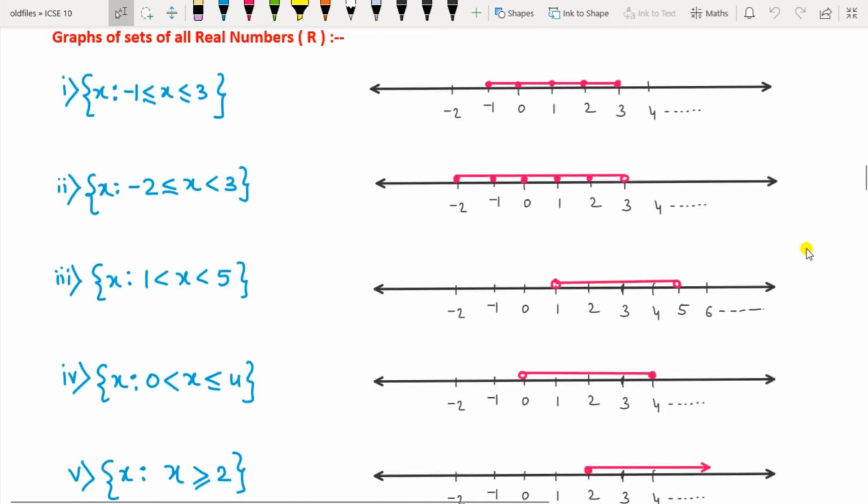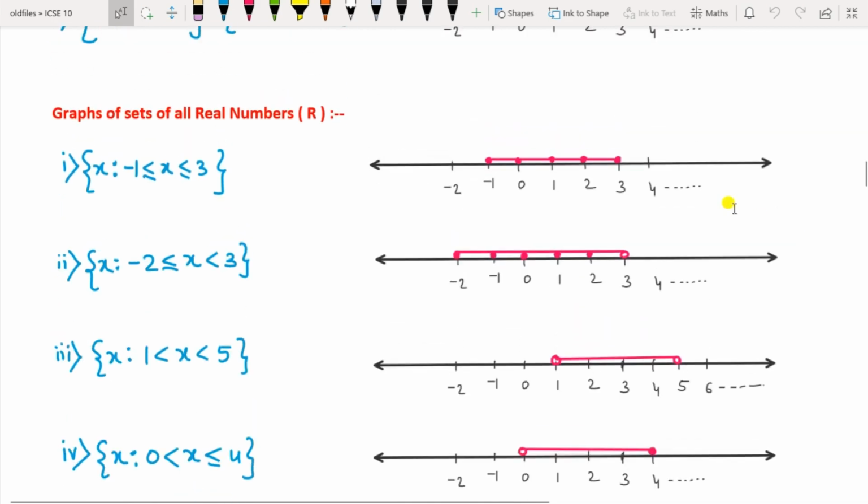Now this one is very important, that is the real numbers. Up to the integers we have done in 8th and 9th standard also, but how to denote the real numbers, that you are going to study in 10th standard. Take -1 ≤ x ≤ 3. Now you have to see the solution set. Here the equal to sign is also there, so the value of x is between -1 and 3, and also -1 and 3 themselves since the equal to sign is there.